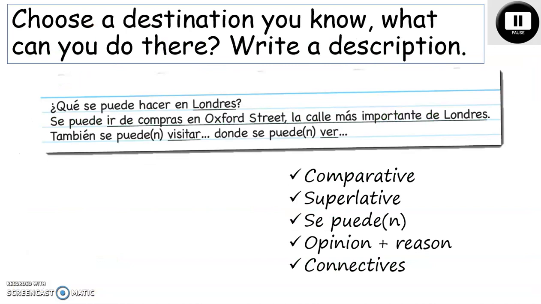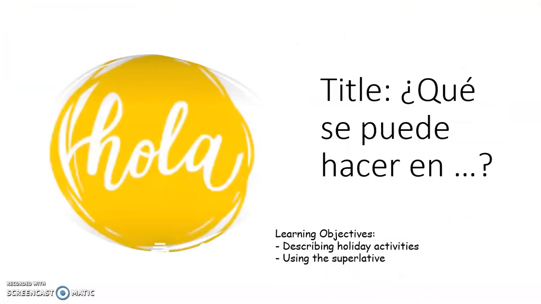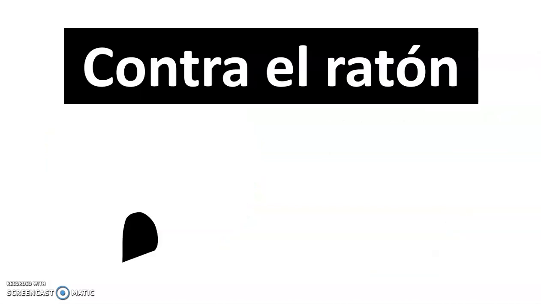Now, if you like, please choose a destination that you know and say what, in writing, what you would do there. Make sure to use a comparative, superlative, a choice of se puede, se pueden, an opinion, and connectives. Okay, so now how are we doing with our learning objectives? We described the holiday activities and we've used the superlative. So now to finish the